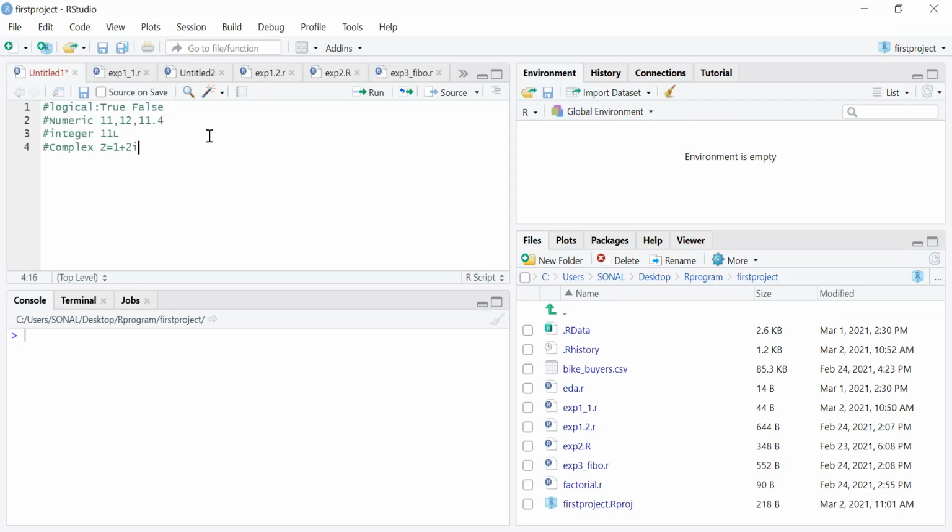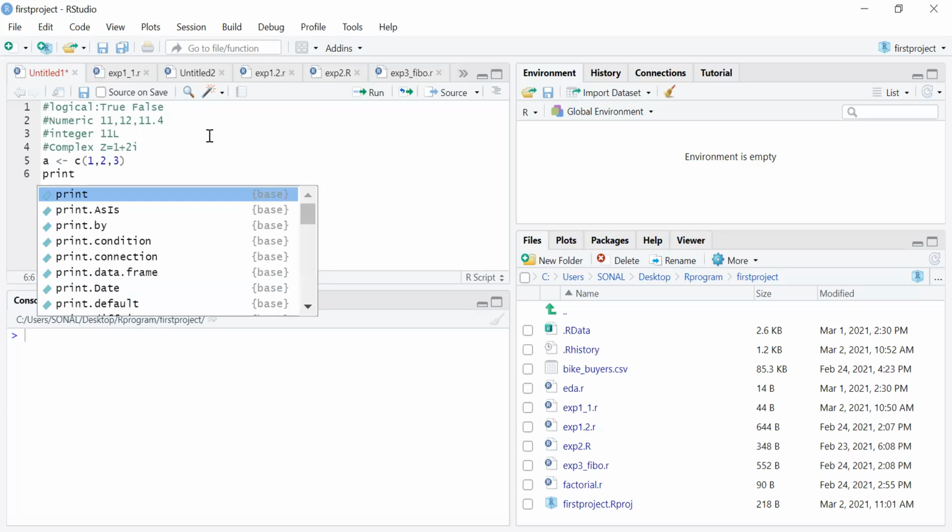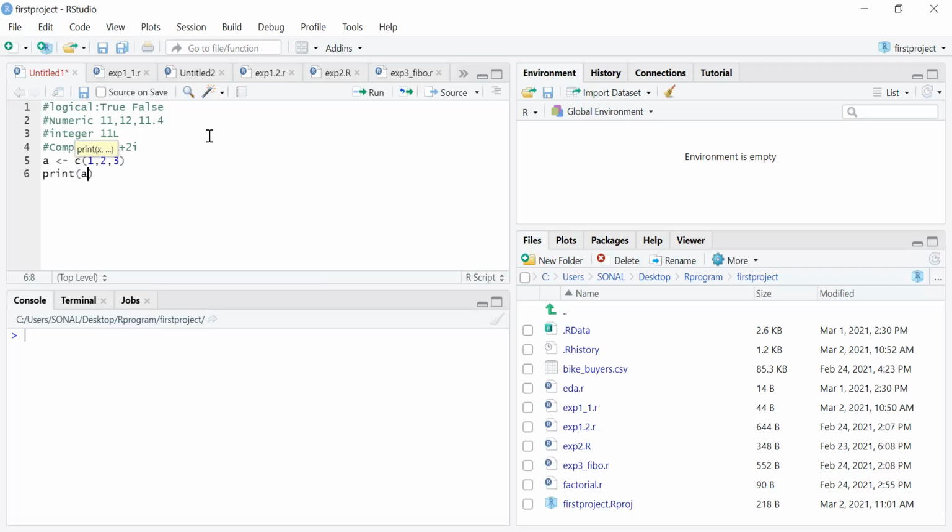Other than that, what we have is a vector. A vector is a collection of elements which contain the same data type together. If I want to create a vector, it will be holding many data values together, something like this. So this is a vector. Now if I want to print this, I can write print a. So this is how it has been created. Now if I want to run this and see,